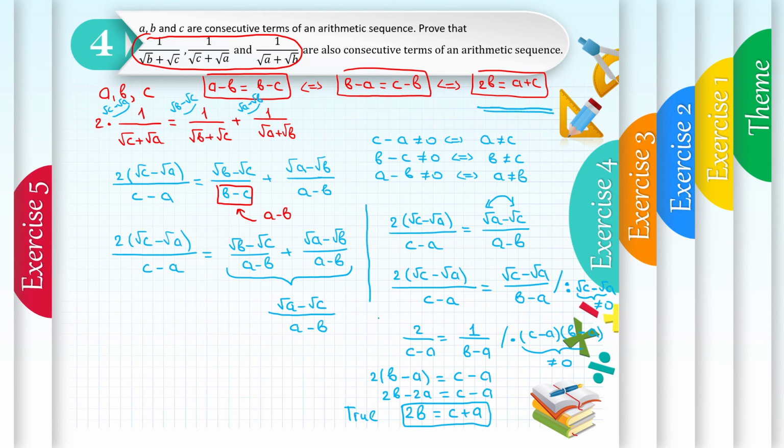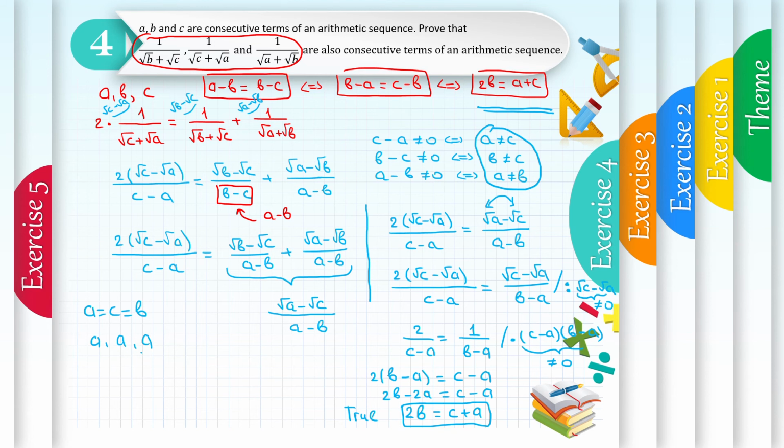So in all our steps of the demonstration, we used the information that a is different from c, b is different from c, and a is different from b. In case a is equal to c is equal to b, this means that we have a constant sequence. For example, a,